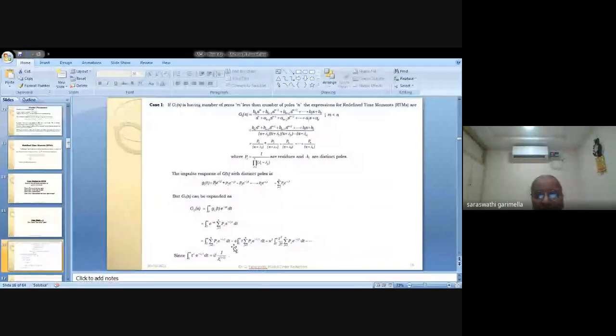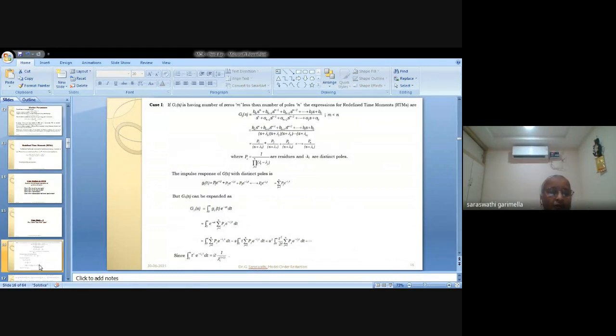I have substituted all of it, and I have taken it like this because this is my contribution; I wanted to represent it in a different way. So the integral from 0 to infinity of t to the power of i e to the power of minus lambda i t dt will be nothing but i factorial times 1 by lambda i to the power of i plus 1. This is what we get after this integration, by successive integration. So you will get it like this. This is for the first polynomial.